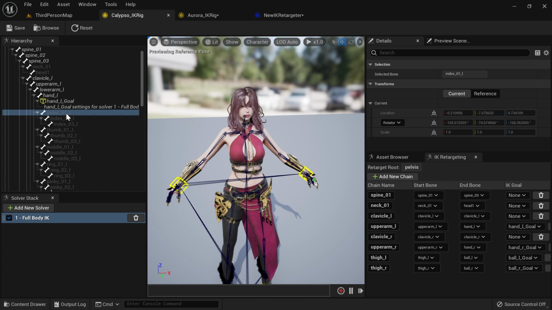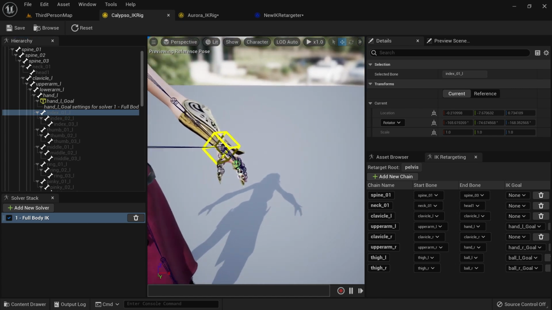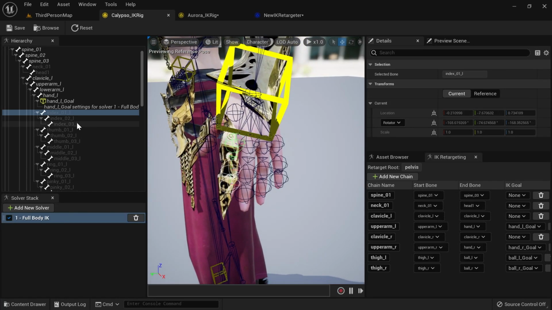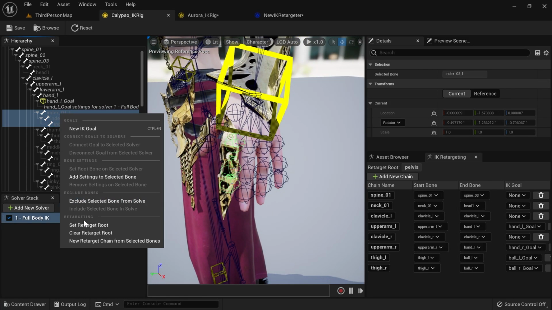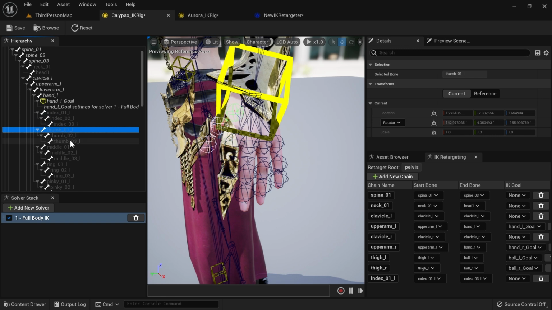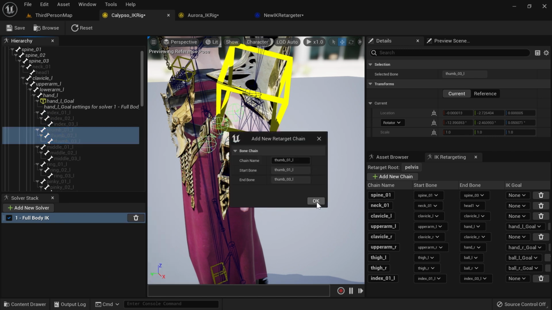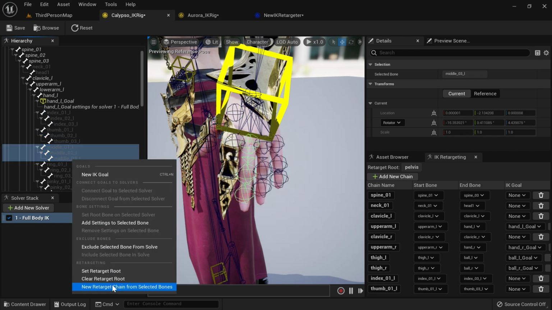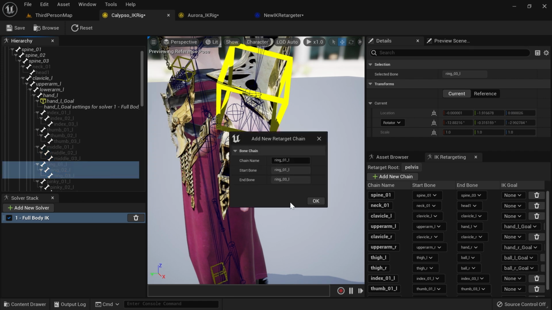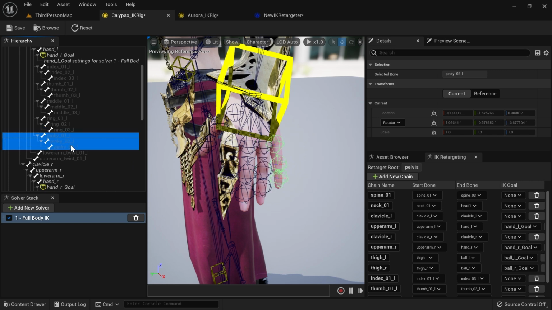And let's say this is the index finger. Let's make a chain for each of the fingers. So these three, well, yeah, for each of the fingers, yes. Retarget chain, index is fine, thumb, that's fine, middle, it's okay, ring, there we go, so pinky,